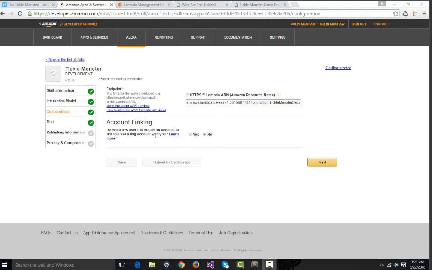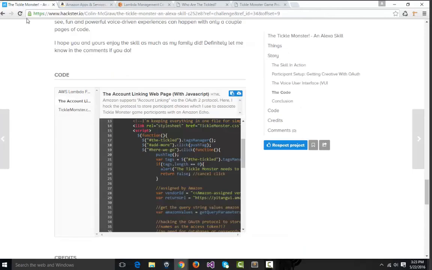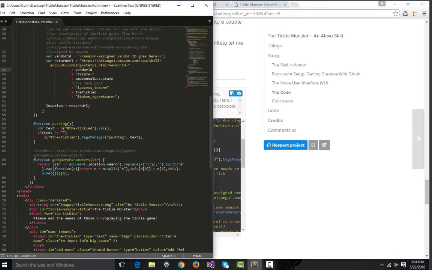Now the last thing we're going to want to do is set up account linking, and in our Tickle Monster skill, we don't manage accounts, but we hack the OAuth protocol to store user selections. So let's go ahead and click Yes here. Jump back over to the Tickle Monster Hackster.io page. Go in the code section to the account linking web page and copy this HTML to an editor